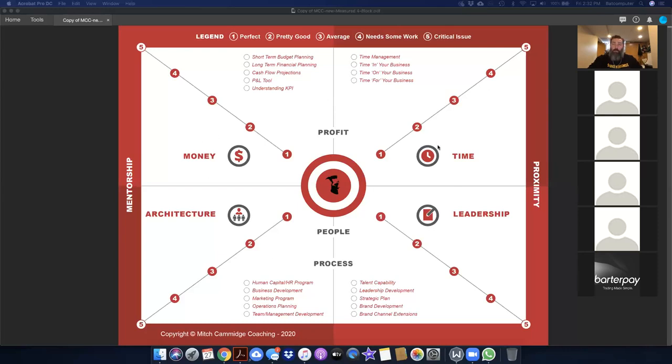So we have 4 components for businesses and business owners to look at with 19 parts. We have 3 measurement tools that we put to use: profit, people, and process. And then we have 2 components that senior leadership, management, and stakeholders in businesses need. That'd be to the left and the right of the page: the mentorship and proximity. Proximity is surrounding yourself continuously with other people that are on a similar mission to you. That could be inside or outside of your business. Those people that you can leverage, grow with.